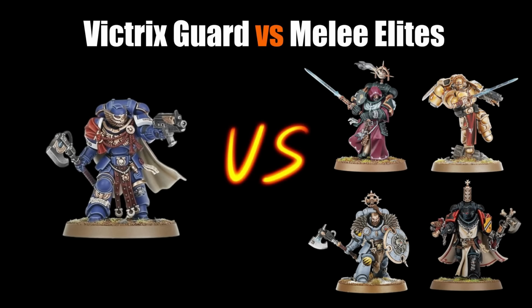And if you're playing against the best option for the Victrix Guard, which by the way I did a video about, so if you want to check it out, about the top 3 combos with them, the best one in my opinion is the old Sicarius Captain model, where you get the reactive move, the 6-inch reactive move for free, and Scout both. So if you play against that, it's a bit harder, but it's still very manageable,